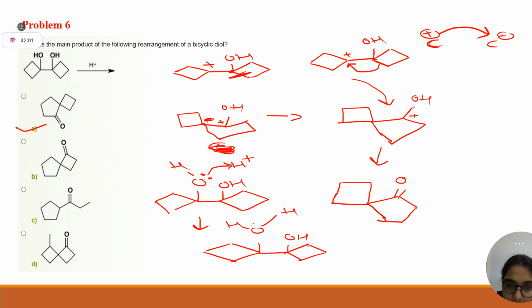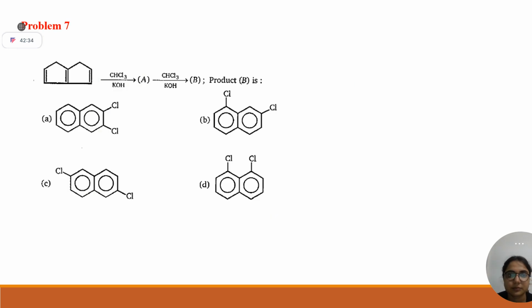OH positive, because now oxygen is having 3 bonds, right? So now it will leave. Why am I making this arrow? It will be positive, and if it is negative, positive, negative, neutral, and it will leave as minus H2. Clear? This is only for your writing exams in college. For competitive exams, you can write directly.